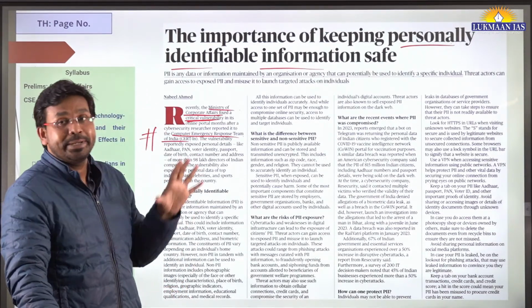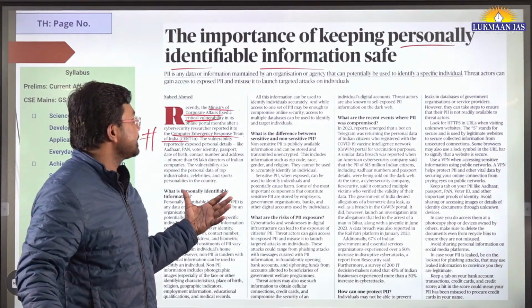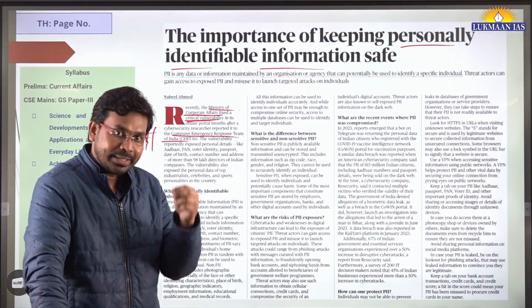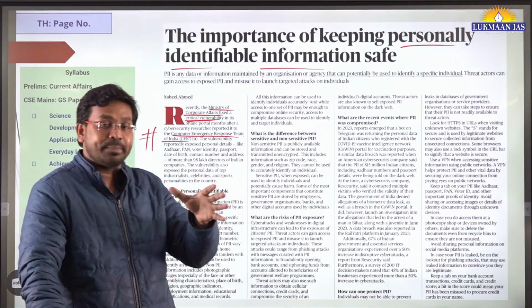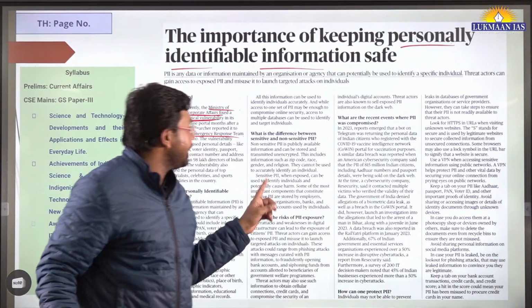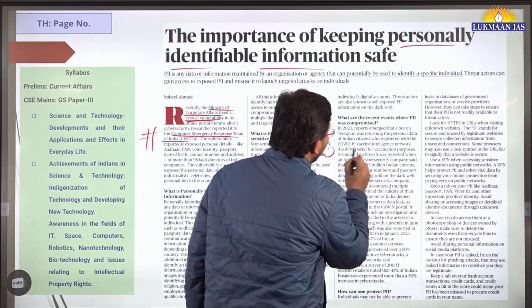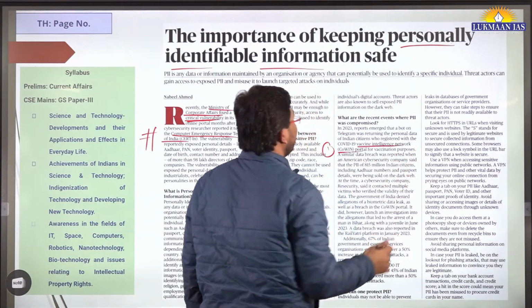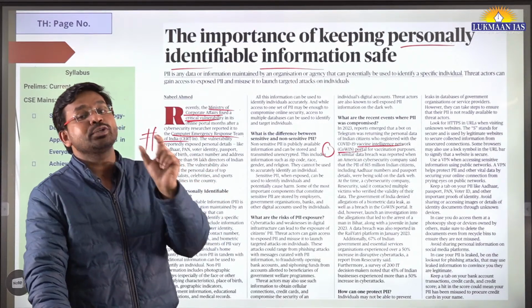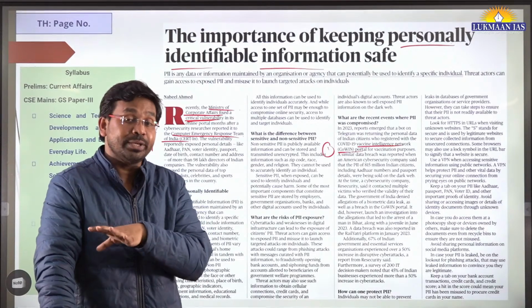So in this article, they have discussed what is personally identifiable information that I have already discussed. Then they have discussed that has there been any other cases of breach of data? Has there been other similar vulnerabilities where personally identifiable information of Indian citizens have been exposed? So related to this, here they have discussed about 2-3 such cases. One of the cases related to COVID portal, right, which was under Vaccine Intelligence Network. So during COVID time, on Telegram channel there was a bot, and using that bot, Indian citizens' personally identifiable information was leaked.